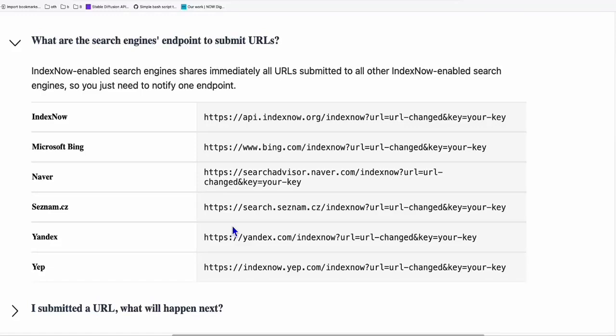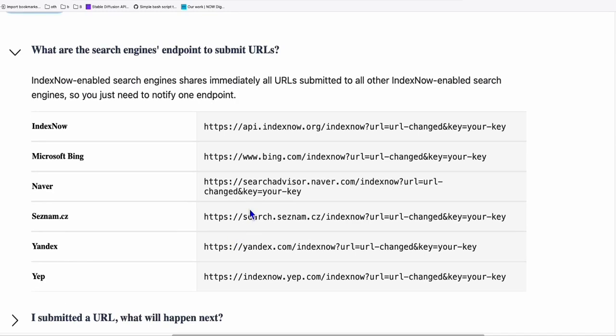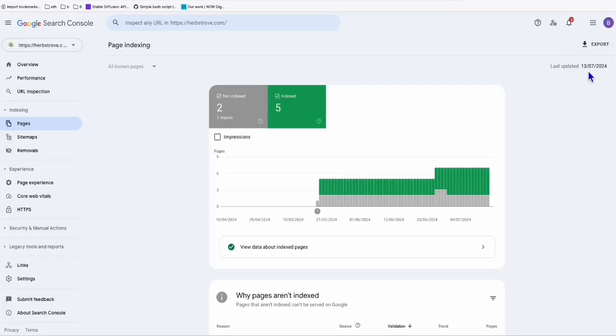In the previous video, I showed you how you can easily index your pages into Google Search Console. Here we'll be showing you the easiest way to automatically index bulk pages using Bing Search Console. Alright, now if you see right here, last July 13, this website, herbstrove.com,